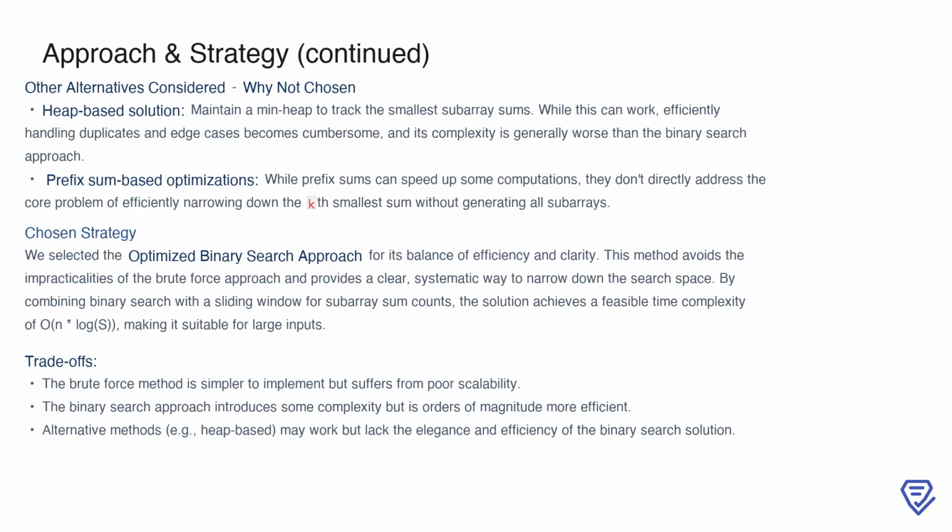Another alternative involved utilizing prefix sum-based optimizations. While prefix sums can accelerate certain computations, they don't directly address the challenge of efficiently finding the kth smallest sum without generating all subarrays. After evaluating these options, the optimized binary search approach was chosen due to its balance of